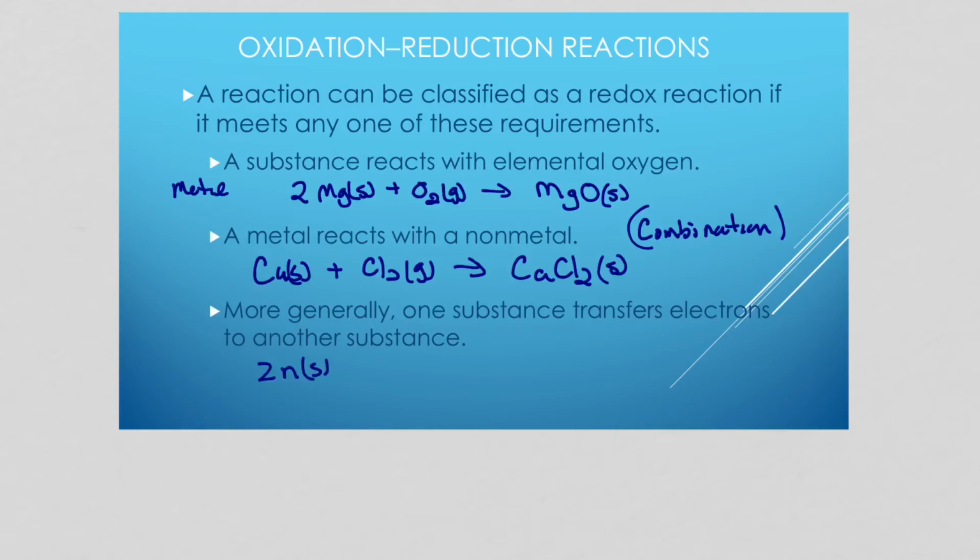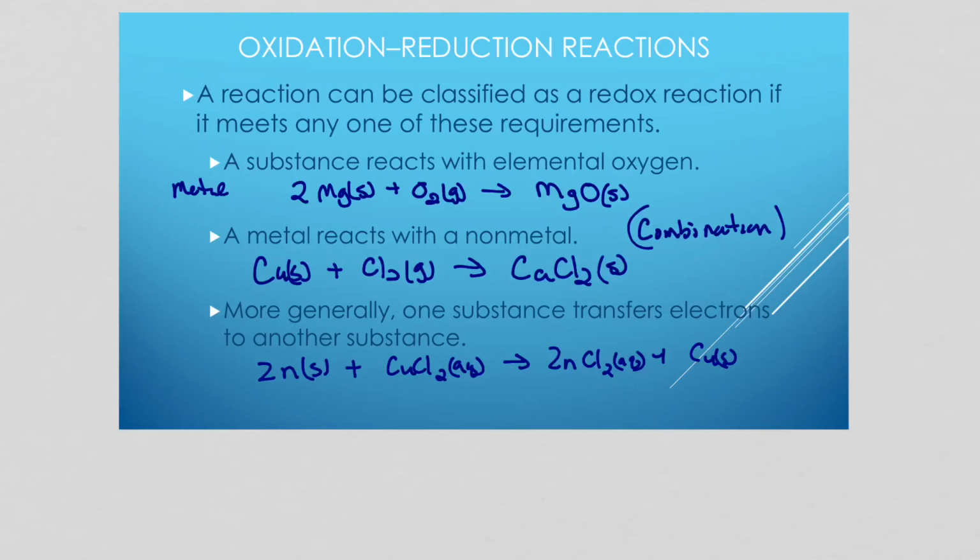We have zinc metal plus a solution of copper chloride forms a solution of zinc chloride plus copper metal. Now, if we look at this, we see that we have a metal that turns into metal